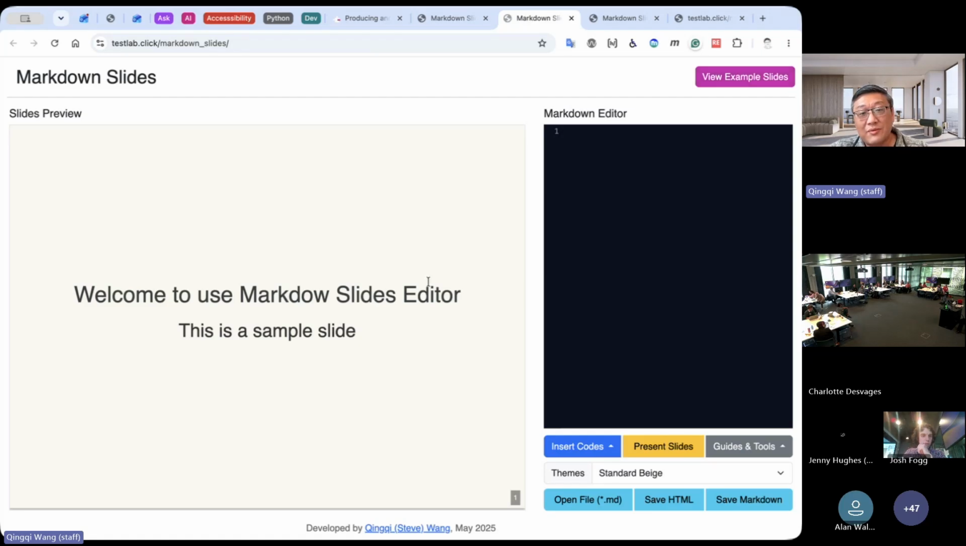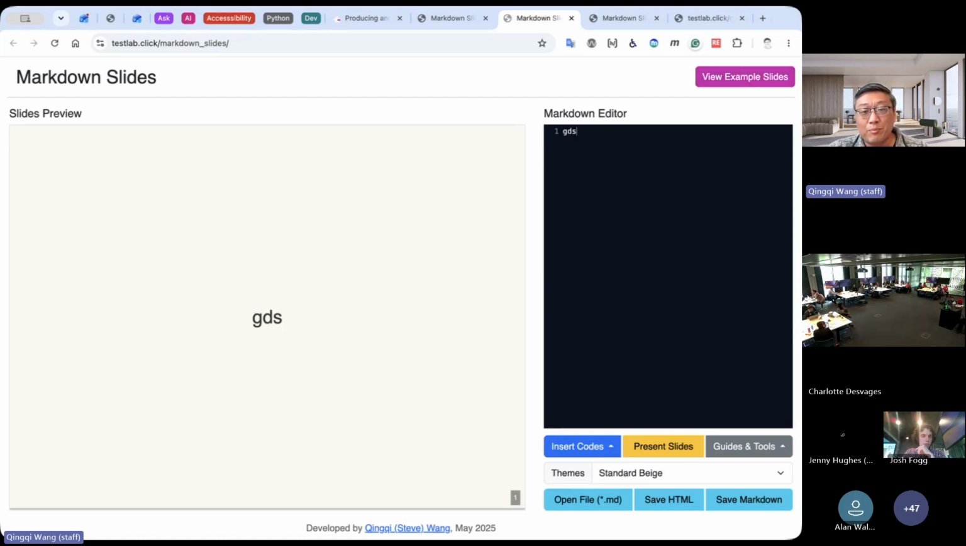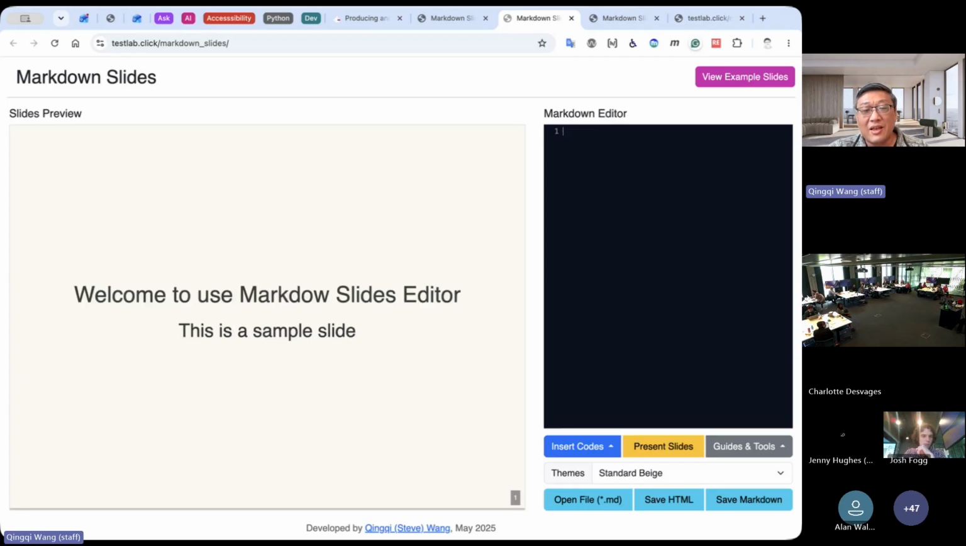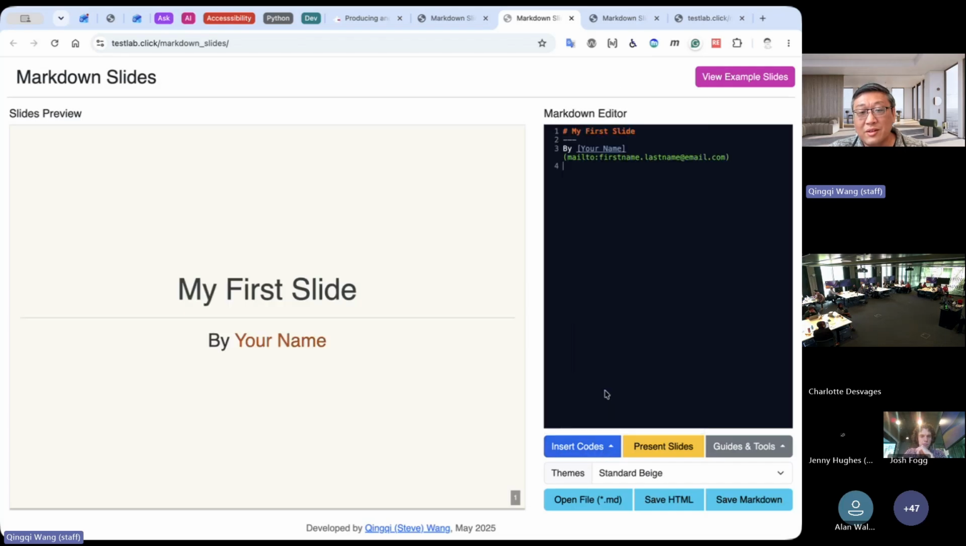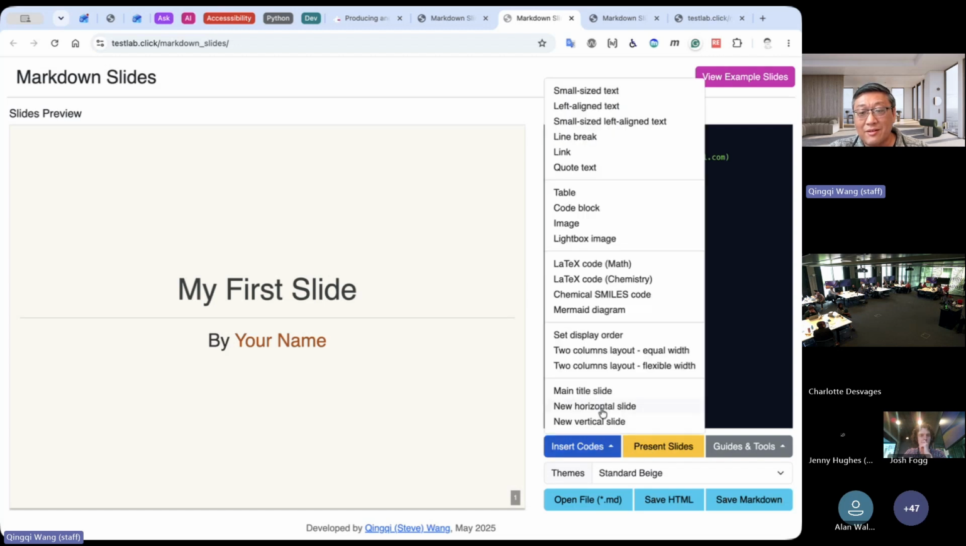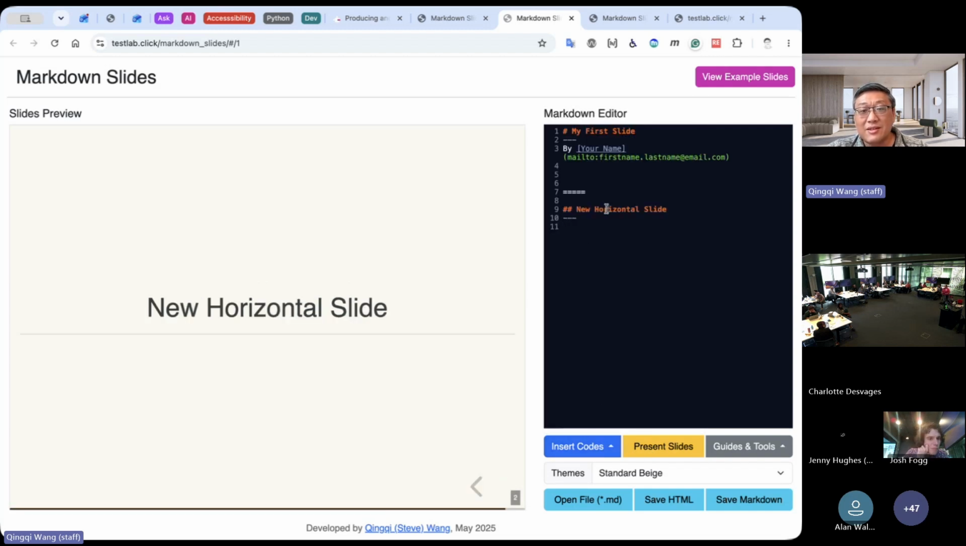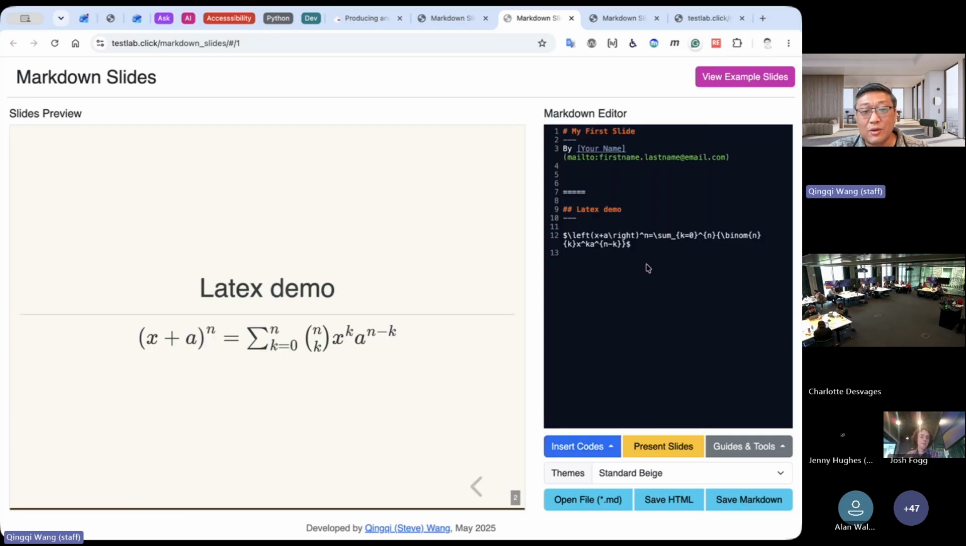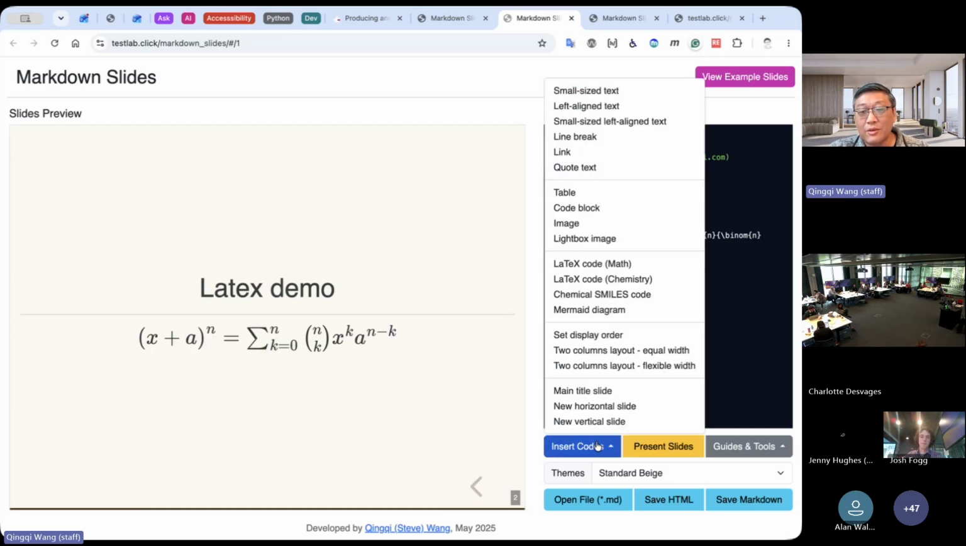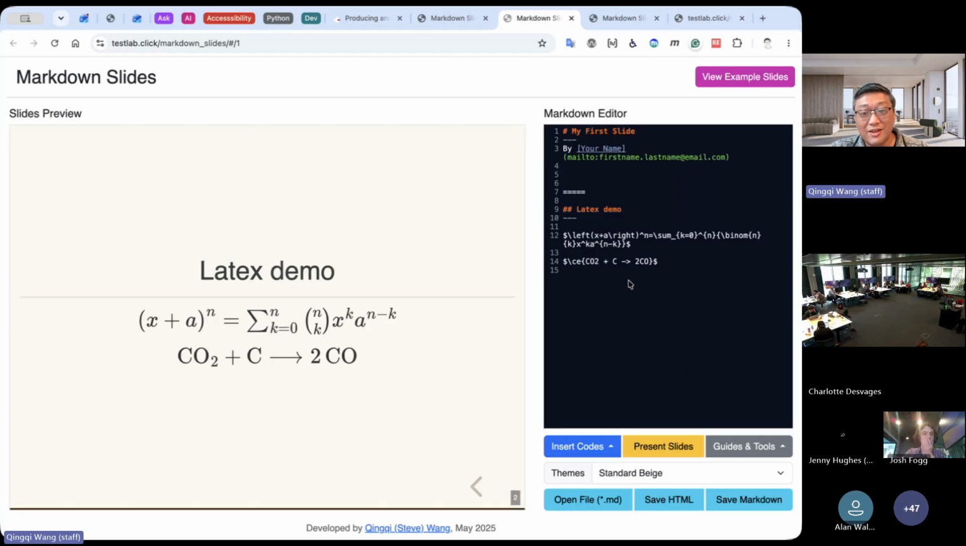It's quite simple, left and right. Here is a place where you can edit anything. But if I know nothing about Markdown, I can use the insert codes tool to insert the main title. That's quite simple, and all purely Markdown. Then I can insert a horizontal slide. For example, this is a LaTeX demo. Then I can use the snippets to insert code, or I can also insert chemistry equations, and also